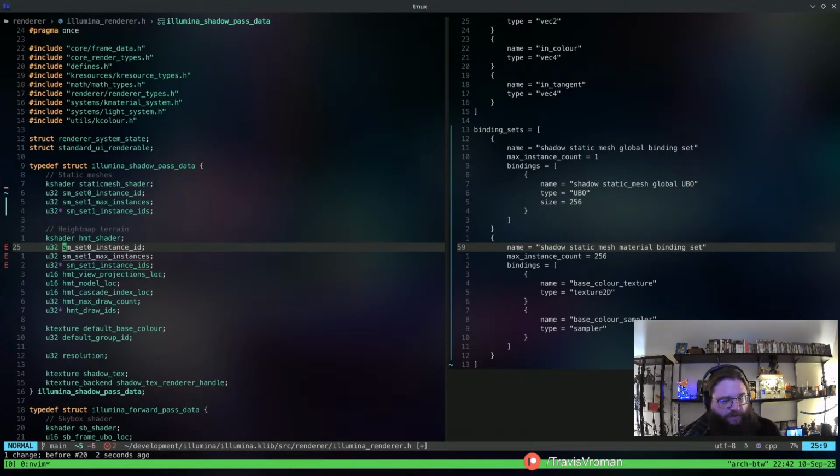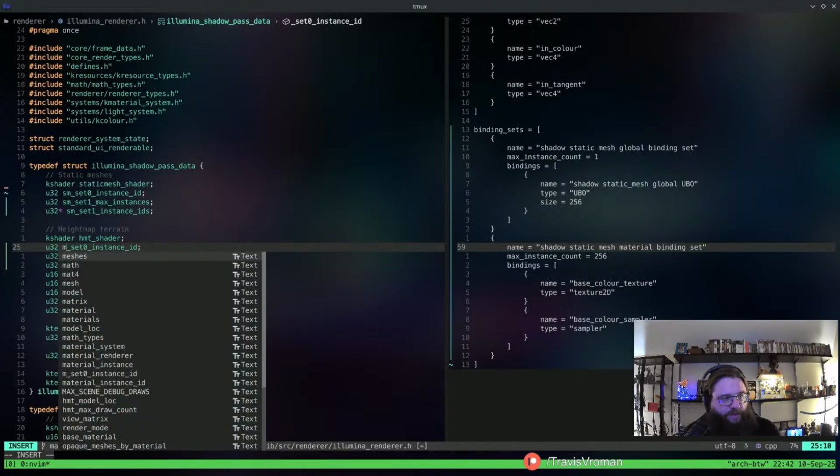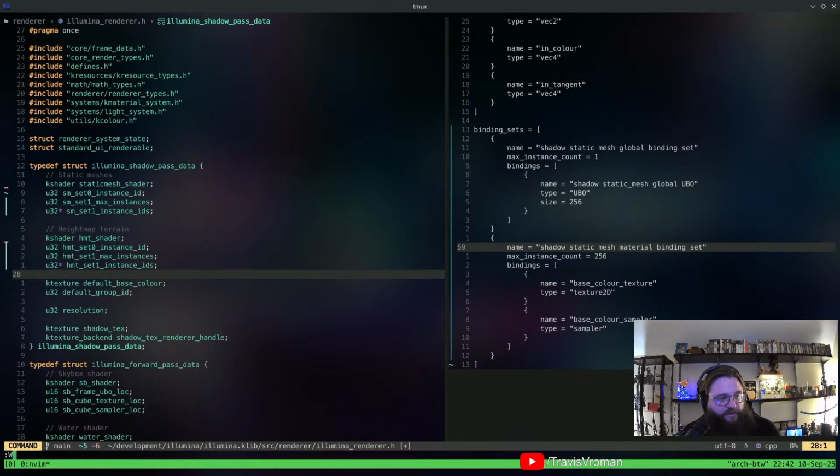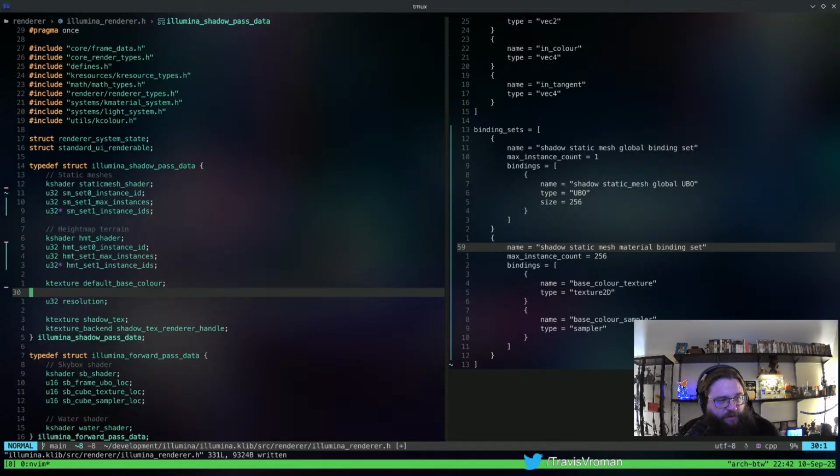Oops. HMT for height map terrain. And we can get rid of all of that. Let's see, default group ID. So default group ID is going to be replaced by set 0 instance ID. So we don't need that anymore.